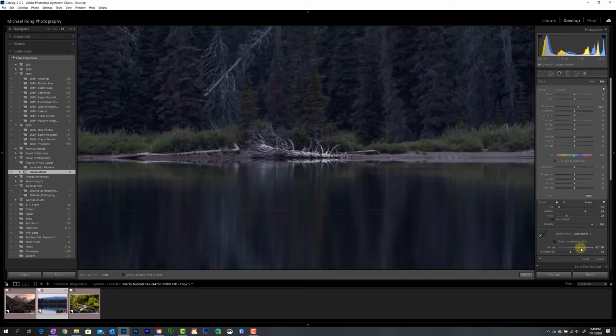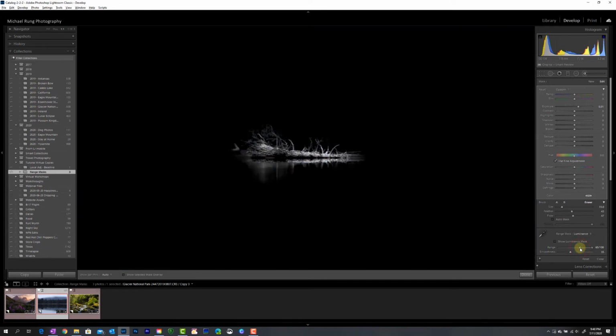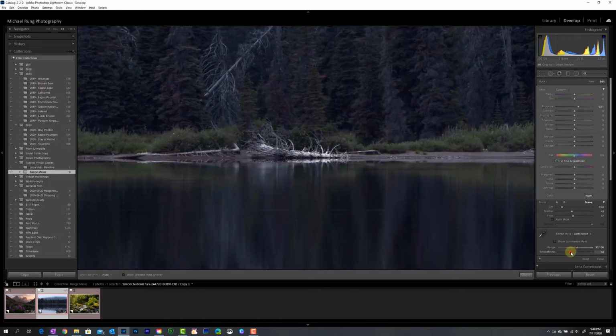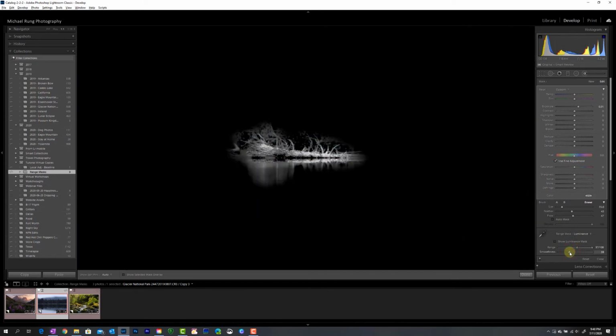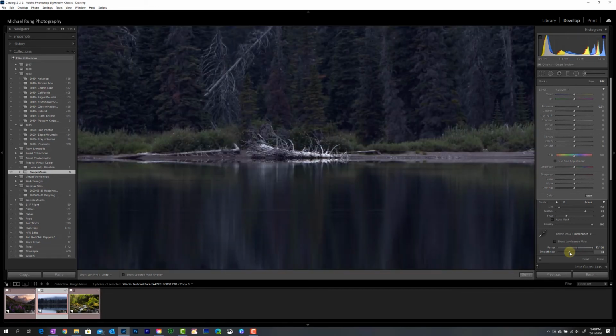And now I can come back up, keep the Alt-Option down, and maybe I can pull this left slider on range back a little bit to make sure I'm including those brighter tones that I want to. And I think I'm pretty happy with this. Maybe we pull the smoothness back just a little bit further. And I think we're looking pretty good there. So again, if I turn on the overlay by hitting the O key, you can see I've got a much more refined mask than if I turn off this luminance mask. Very sloppy,